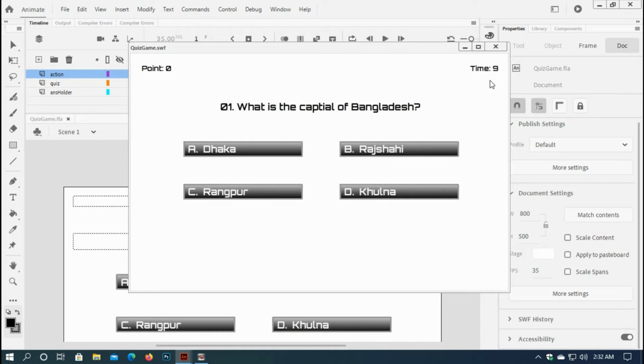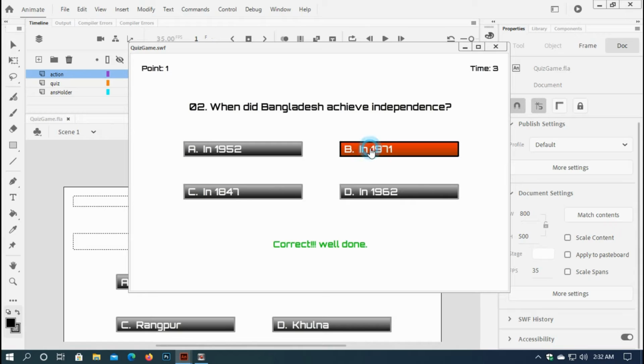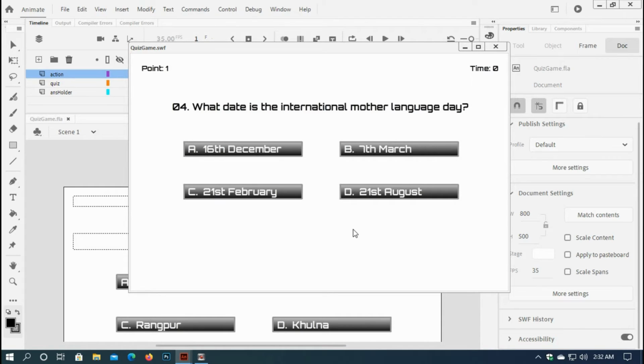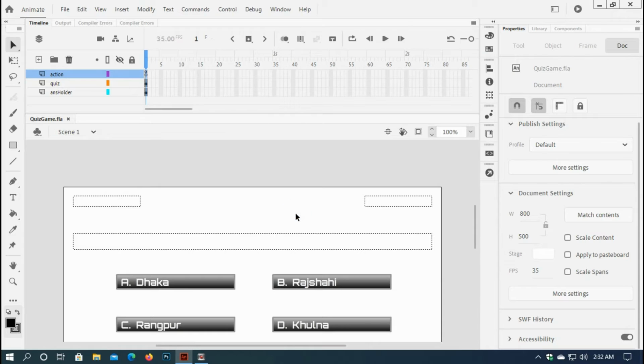Nine, 10, and it is taking me to the next question. If I click 1971, it is counting, and then if I stay here, eight, 9, 10, it is taking me to the next question, and that is what I wanted. Okay,